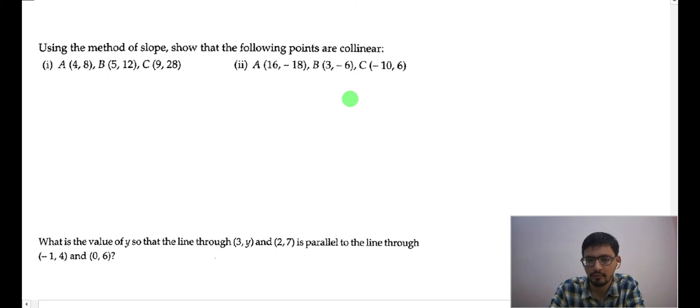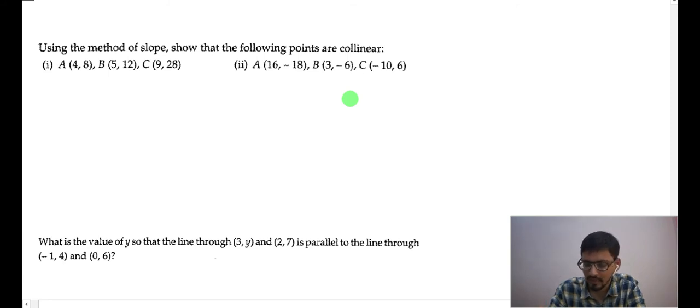The second approach we were following was by using the area of the triangle, which you can denote by delta. So if delta is equal to 0, then also you can say the points are collinear. Now apart from these, how to tell whether points are collinear with the help of slope?